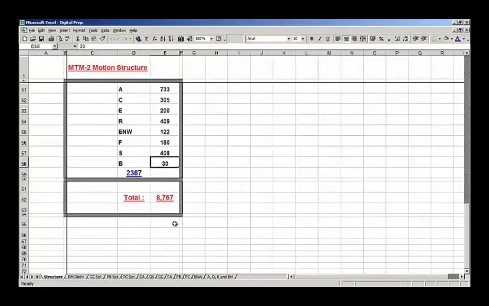That may well be wrong. It could be 50, it could be 100. I don't think it's any more than 100. But we know it's there. We can always modify that at some stage if we find that it's insignificant or needs to be changed. But it doesn't affect the overall calculations of MTM-2 codes, because obviously it's a separate motion anyway.